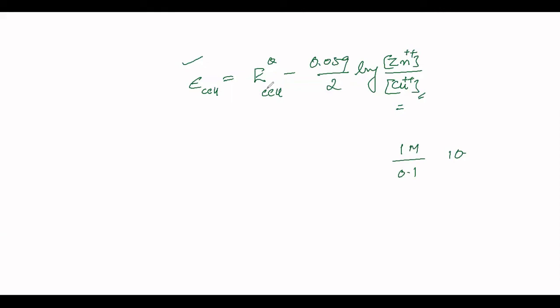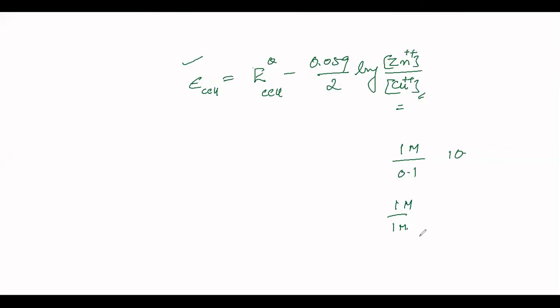In the second case, the concentration of the two are equal, 1 molar and 1 molar. So the second part will be 0, and E cell is equal to E0 cell. In the third one, I told you this: if this is more, then this will remain as minus. If you want to keep it as minus, minus into minus it has to be plus, isn't it? So that you are supposed to consider here.